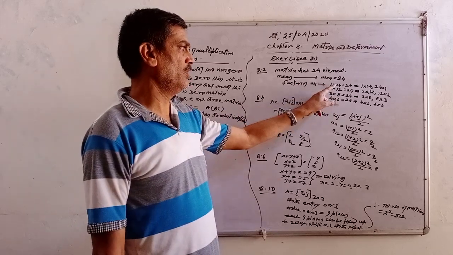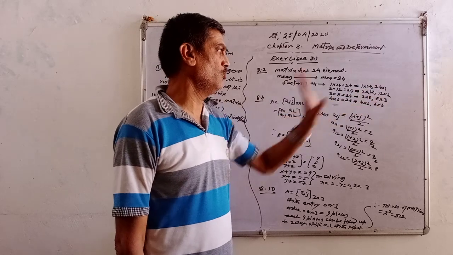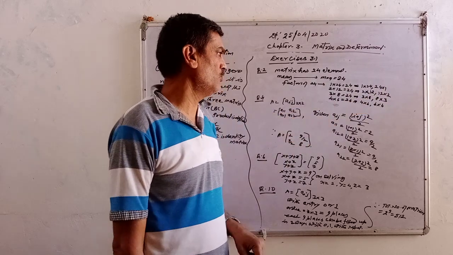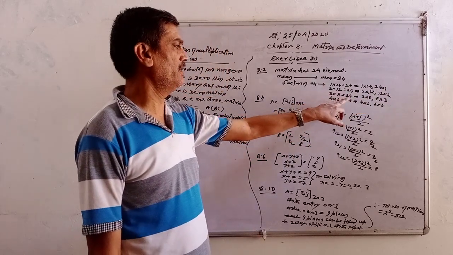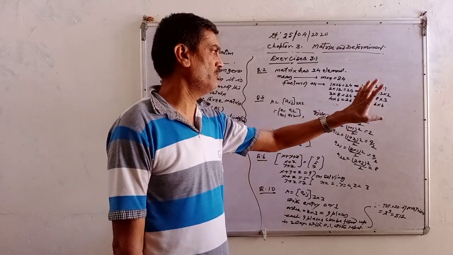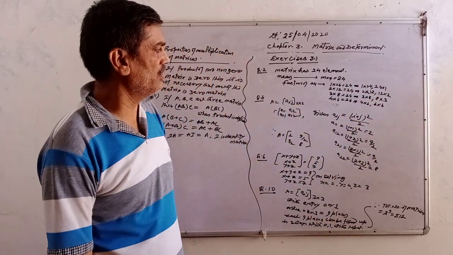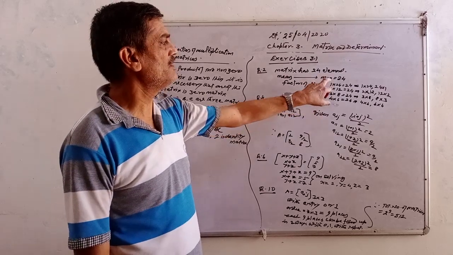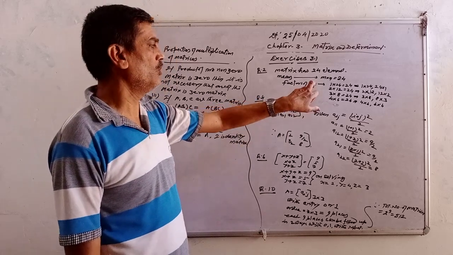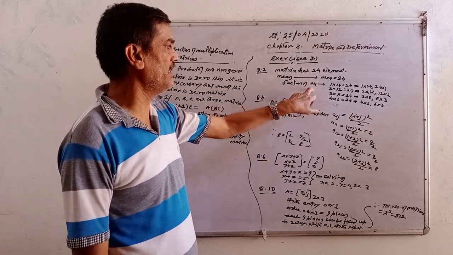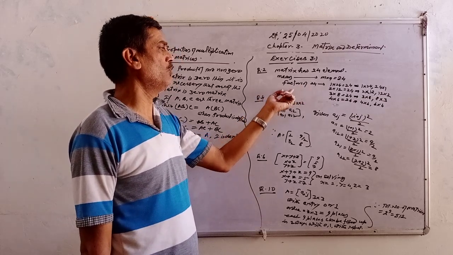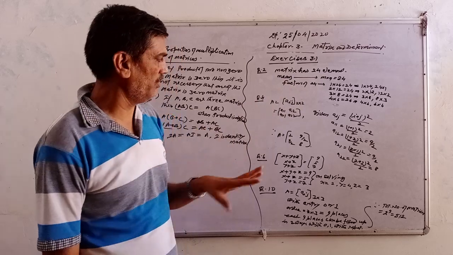So 1 into 24, 24 into 1, 2 orders. 2 into 12, 12 into 2, more orders. 3 into 8, 8 into 3, 4 into 6, 6 into 4. So these are the different orders of matrices. Means here you can factorize and find the different order. Instead of 24, if we take 13 elements, then we can form two orders of matrix, two types, 1 into 13 and 13 into 1.